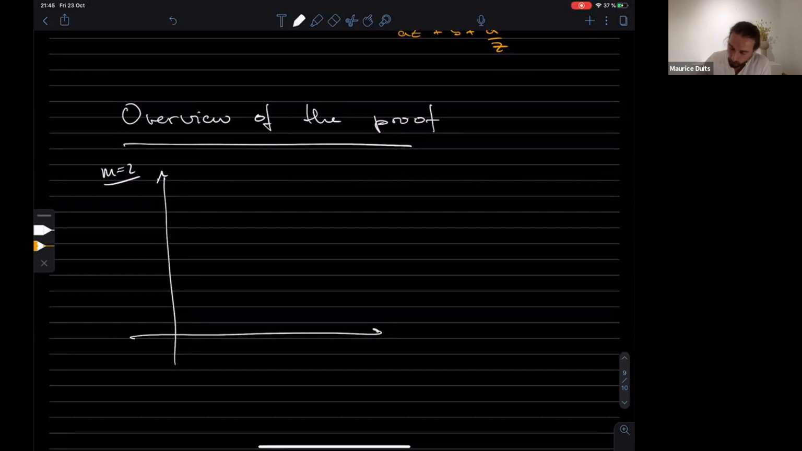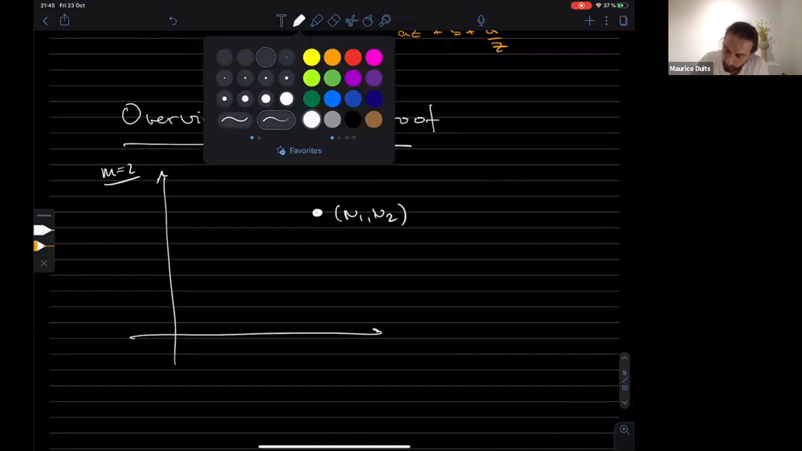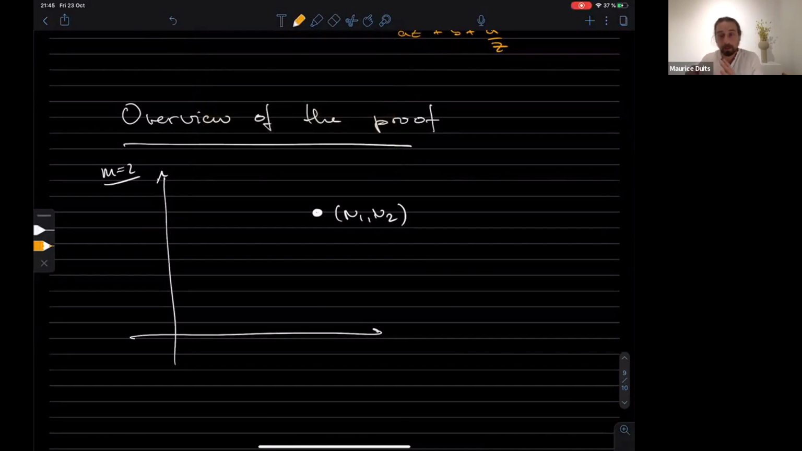So let me draw again this graph. Now, there was one point here. Our ensemble had a particular coefficient, an n1 and an n2, that was given to us, right? Our ensemble says like n1 paths have to end up there and n2 paths have to end up there. So this is something that is given to us. And what we're going to do now is that we're going to choose a family of polynomials, and for each